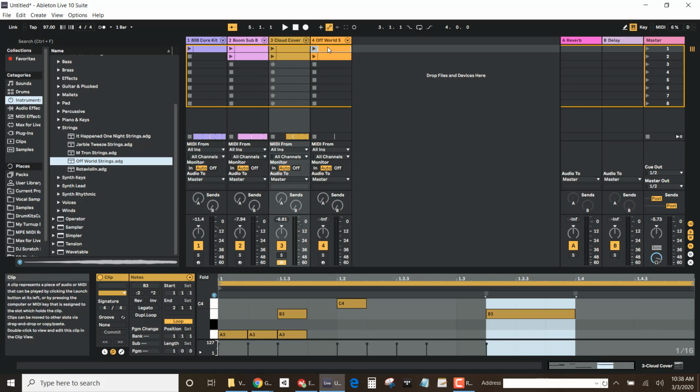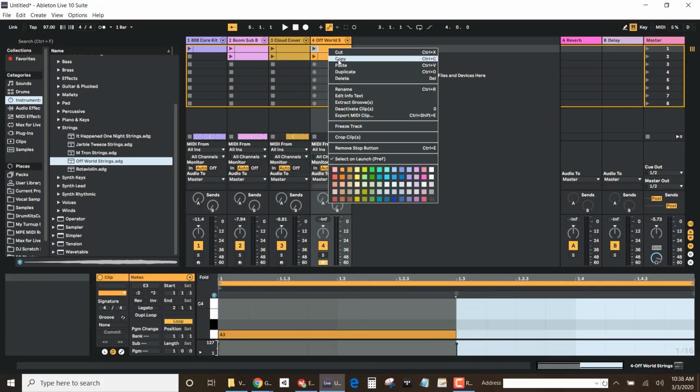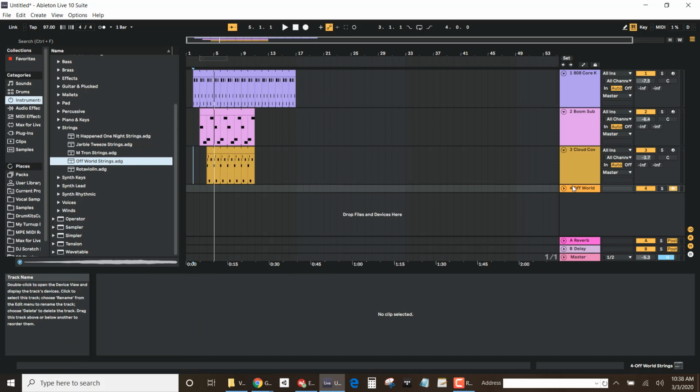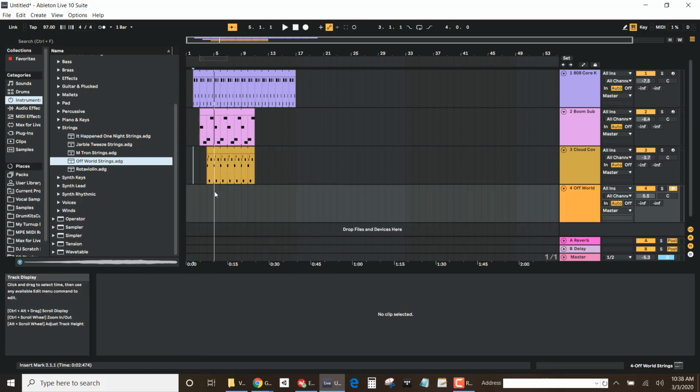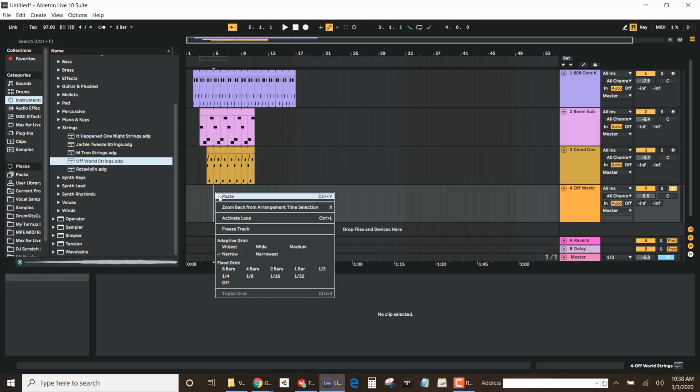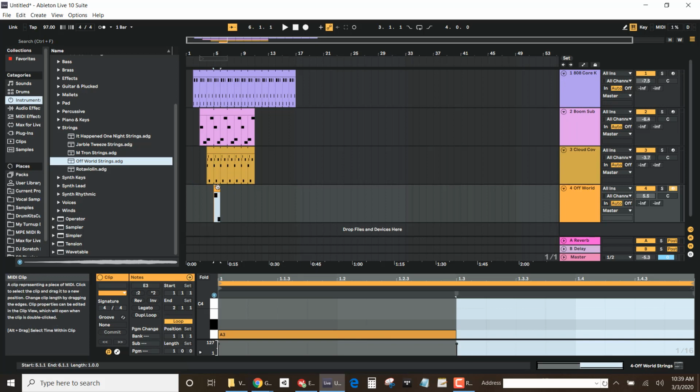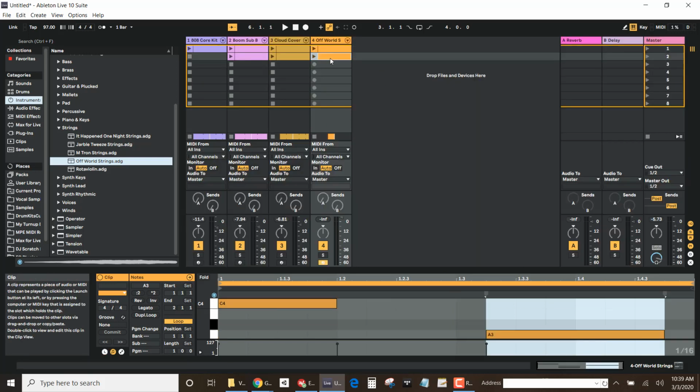I'm also going to copy these strings, right click, copy, and right here, off-world strings. Let's paste this in right here. Just like before, you can click and drag and move these clips as you want. Notice how these clips snap to these grids right here. That basically means it's perfectly in sync with the drums. And the strings part, I had two different clips. If I right click, copy on the second clip,